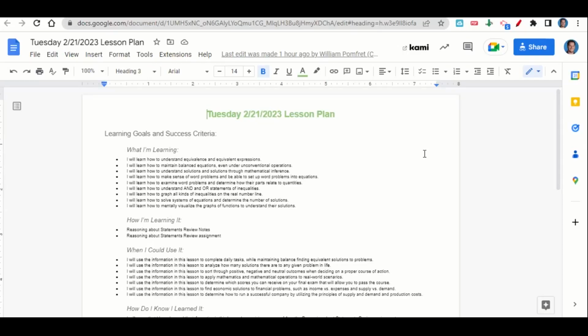Welcome, everyone. Let's begin our lesson for today by going over the learning goals and success criteria. First, what are we learning? We're learning how to understand equivalence and equivalent expressions, how to maintain balanced equations even under unconventional operations, how to